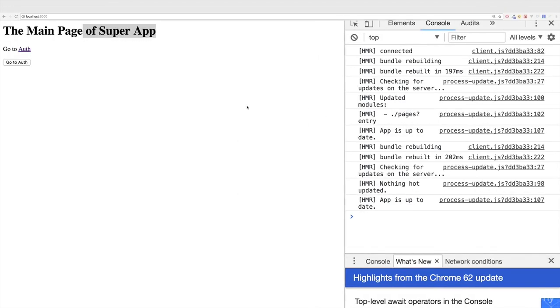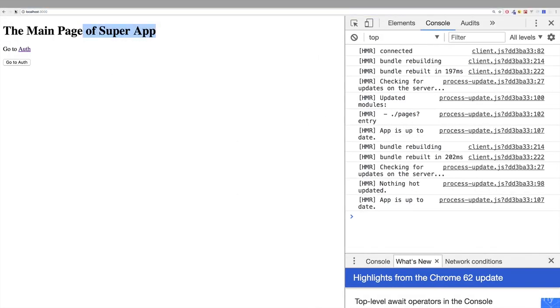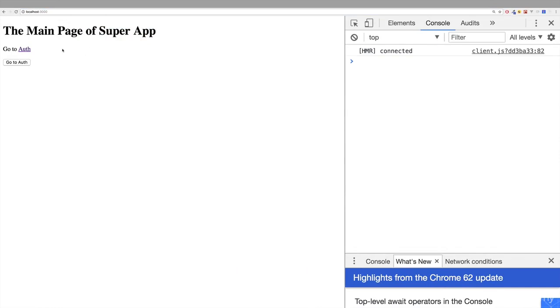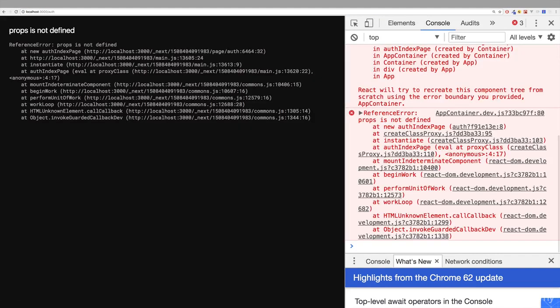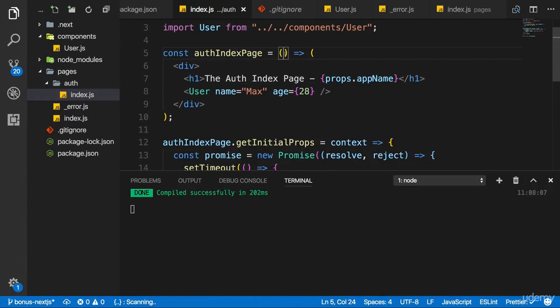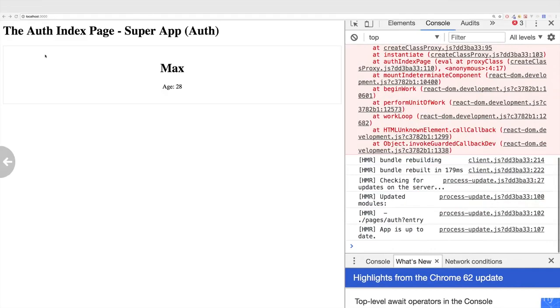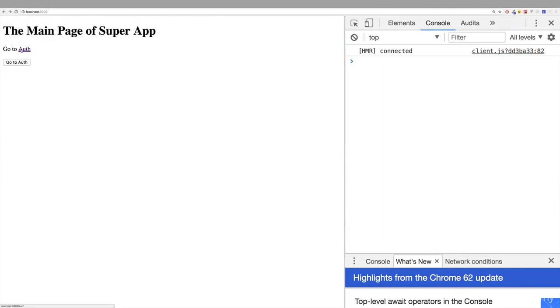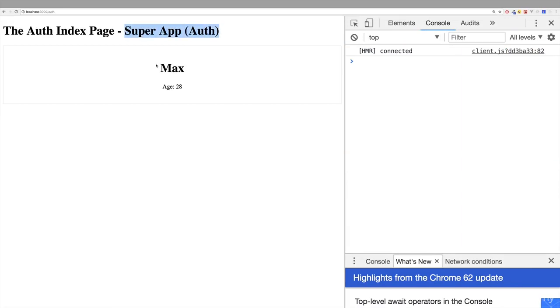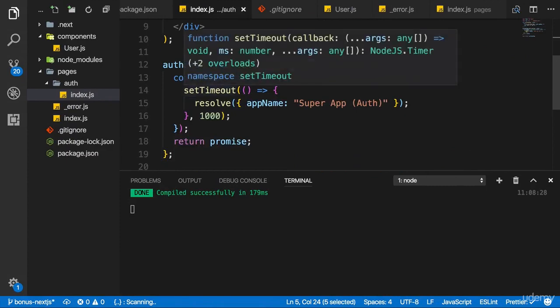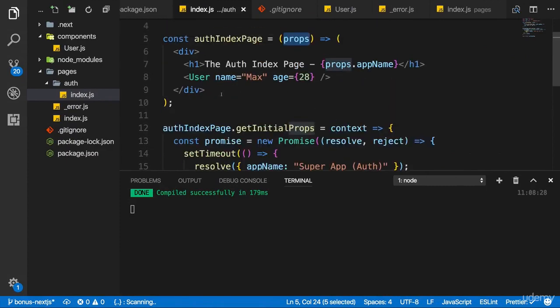If we now save this, we see that if we reload our main page, not /auth, it of course still works. But if I go to /auth, it takes a second because it needed to resolve that. And then it just fails because I forgot to pass props into that functional component. We have to do that, of course. So let's try this again. Let's go back to the main page first, and then let's click on auth and wait that second. And then we go there and also see that populated. So getInitialProps, a super useful lifecycle method, which works in both functional and class-based components, and which allows you to initialize your props before the page is actually loaded.